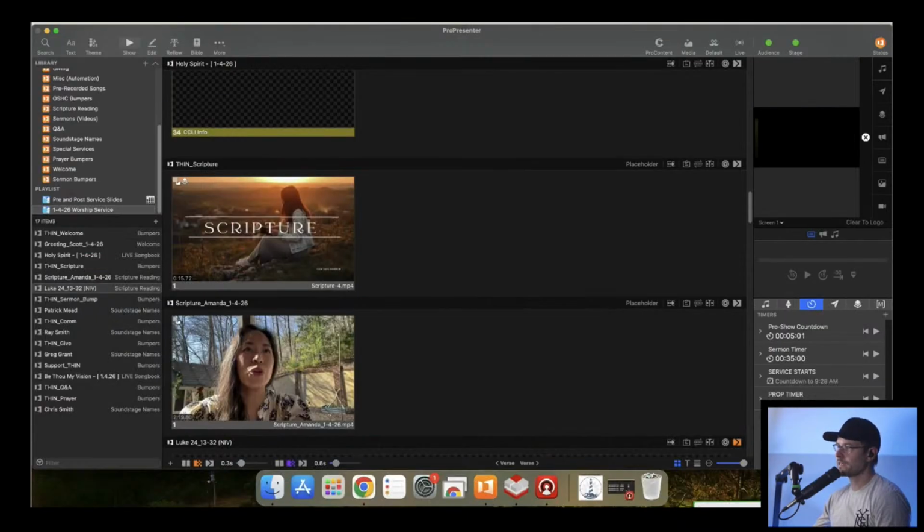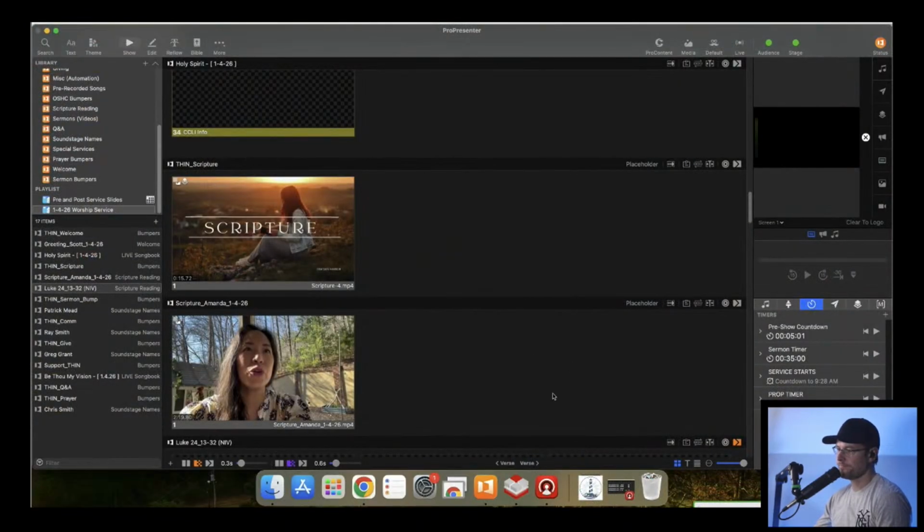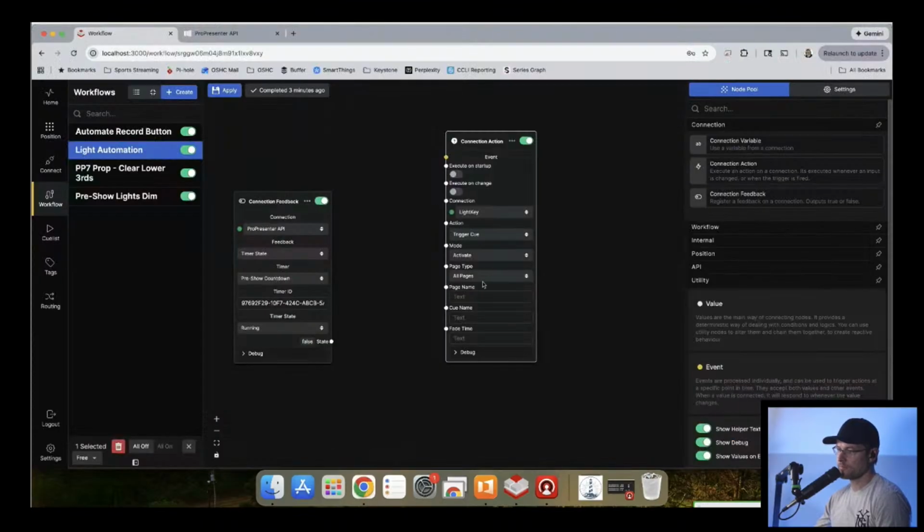So now we're going to go back to, whoopsie, this one. We're going to go to this automation just to try this out. So page name. Well, I know the cue name is 100%. And fade time is 2. And then we're going to connect the state to the event. All right.